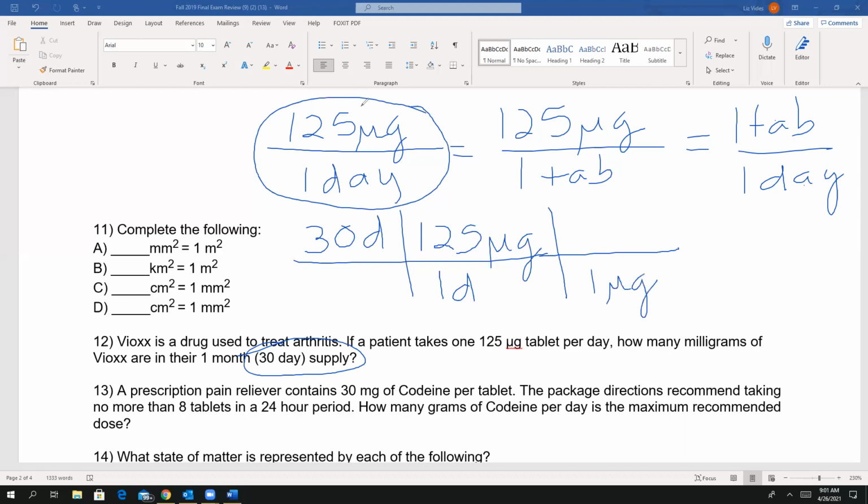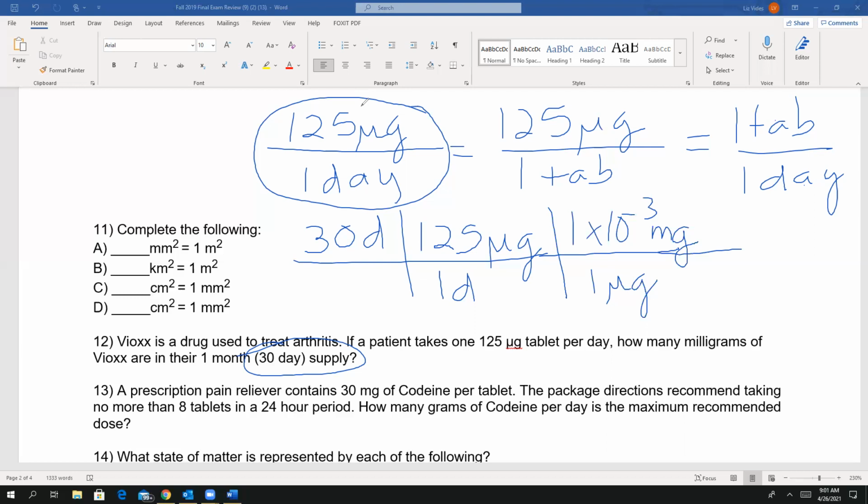And if you go on your ladder, you will see that you're going to have to go up to milligrams, and you're going to go up 3, right? Okay, so it's 1 times 10 to the negative 3 milligrams, right? See that? All right, so all we have to do is multiply, divide,